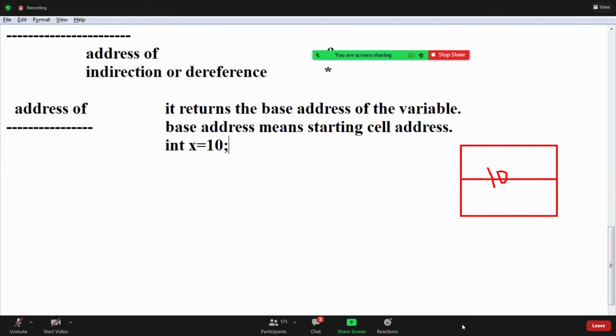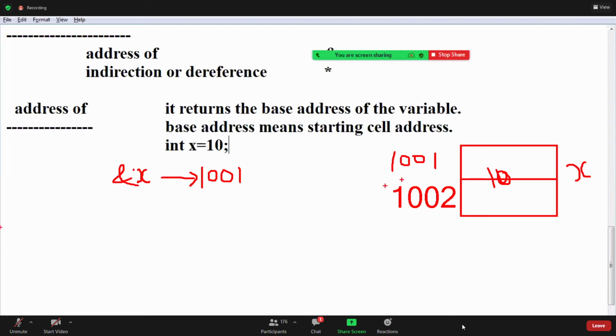This 10 value is stored at 1001 and 1002, and this represents x. If I say address of x, what is the address of x, guys? Address of x is 1001, because it is the starting cell address. Are you following, guys?